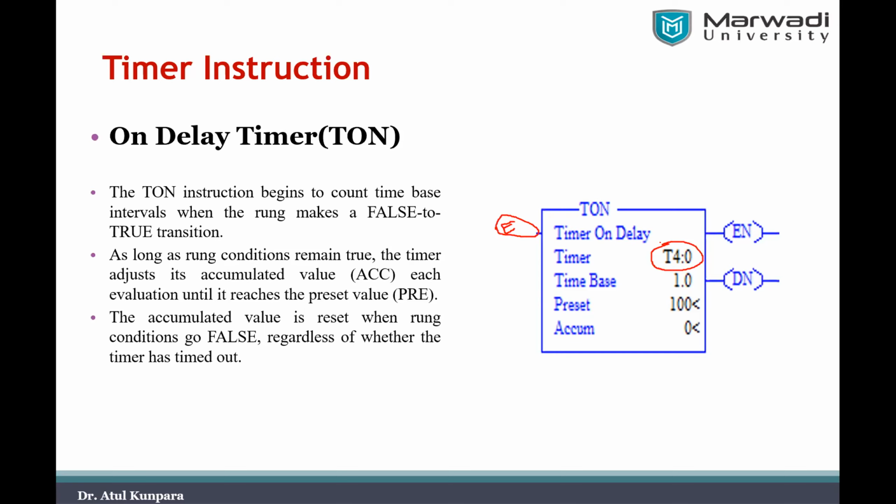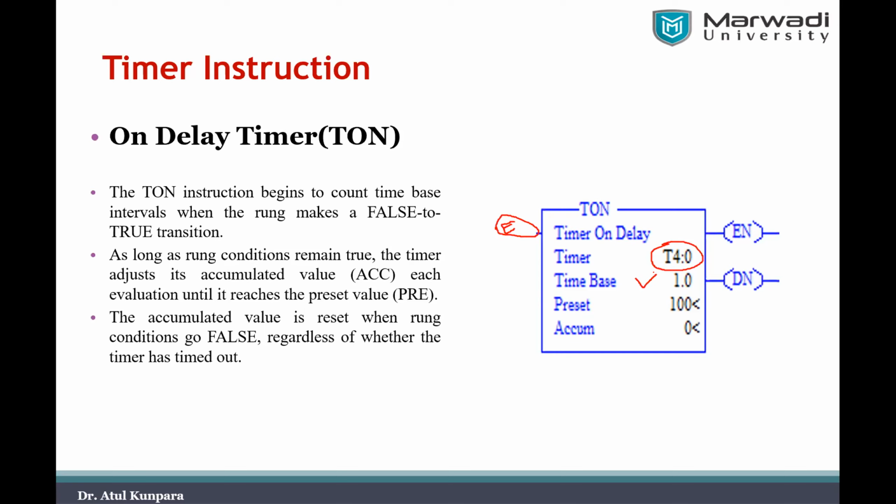So here, the first one is the naming, or you can say the declaration of that timer's particular address, or you may say this location. Then the timer base. What is the timer base? It is the incremental step in which you want to count your time. Suppose I want to count 1 second, 2 seconds, 3 seconds, 4 seconds in steps of 1 second. Then you have to set your timer base to be 1.